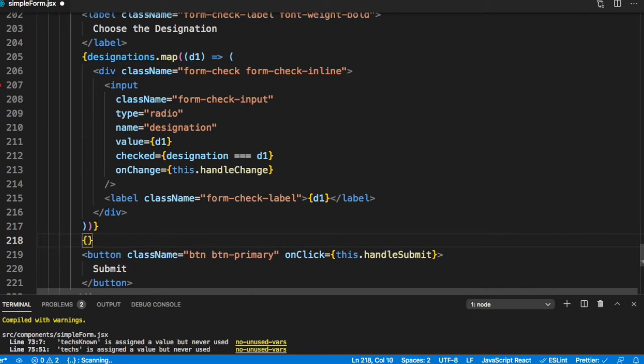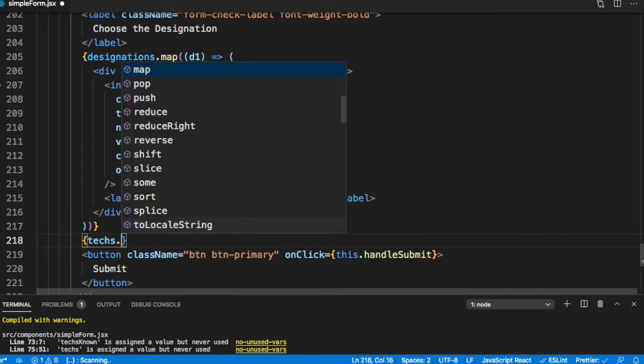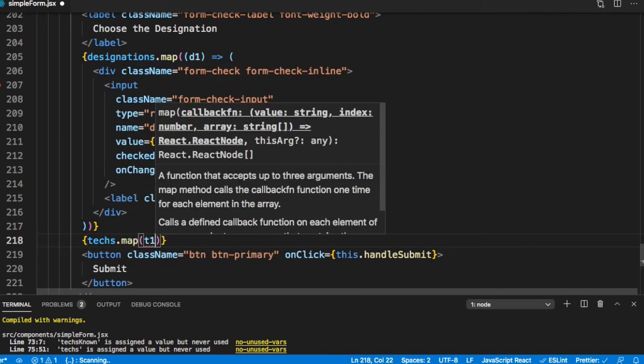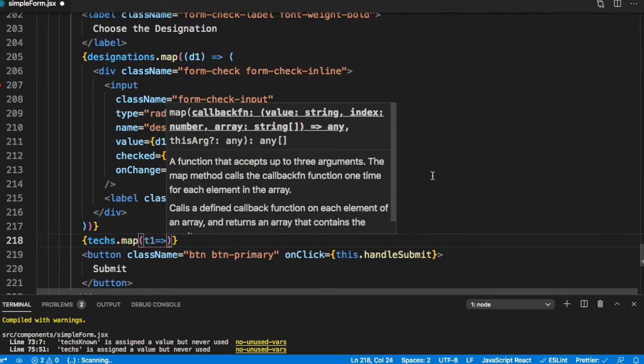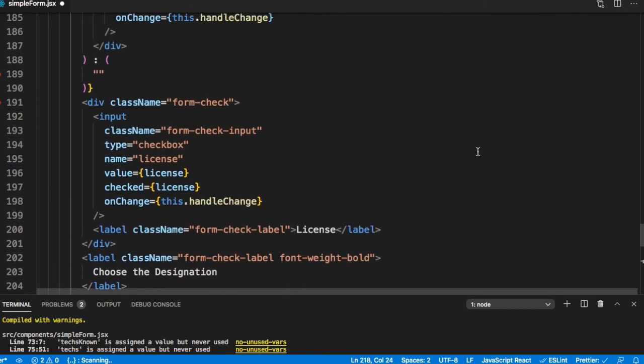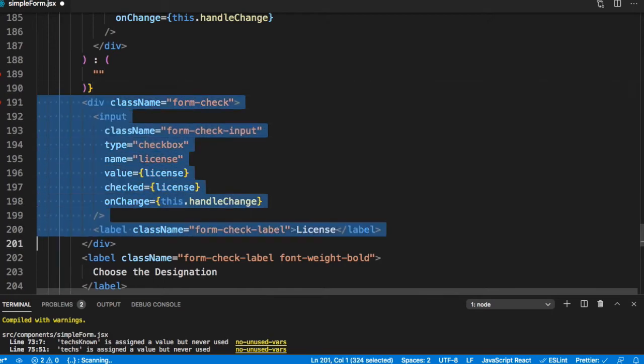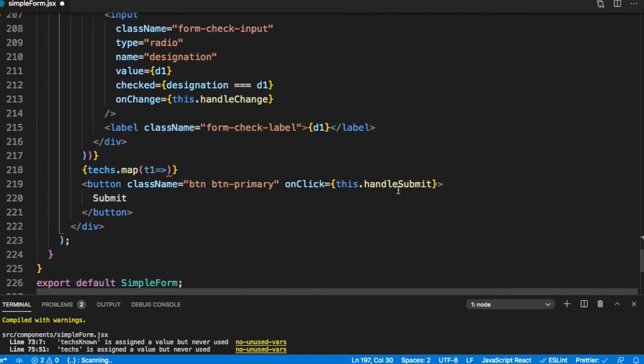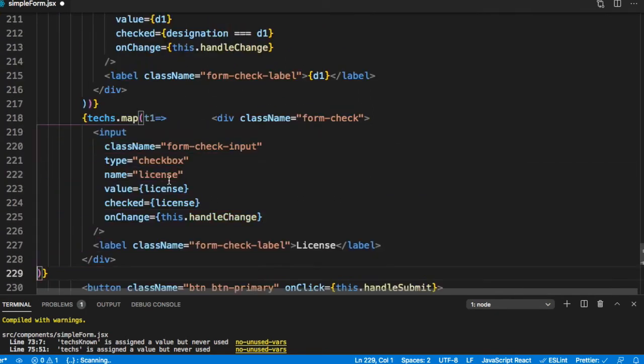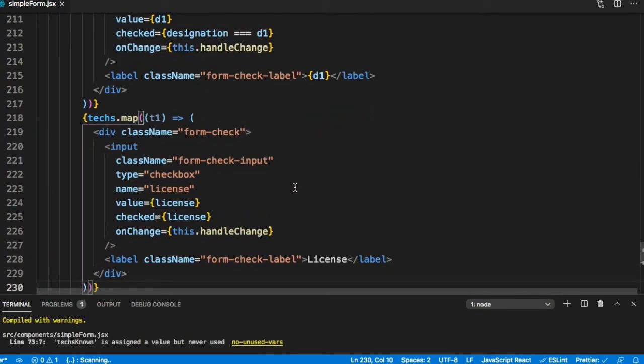So here we can say x dot map, and let's say t1 goes to, and let's copy the code for an array for a checkbox. So let me just copy that part. And let's start making the changes.